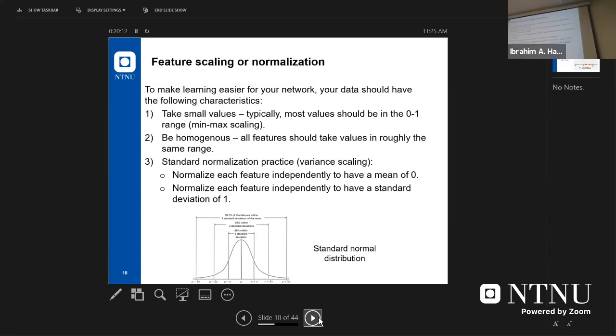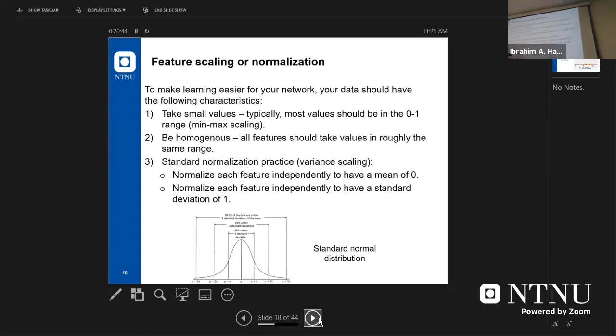But if you work with images, for example, and you use ReLU, there is no need, in fact, to do anything. Even here in the MNIST data set, we normalize it, we divide it by 255. We divide each pixel value by the range. If you work with ReLU, there is no need, in fact. Don't do it. Don't waste your time. But it's not a waste of time in the end, also. So standardizing,